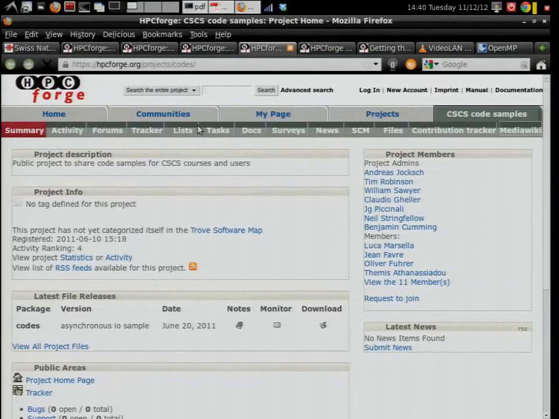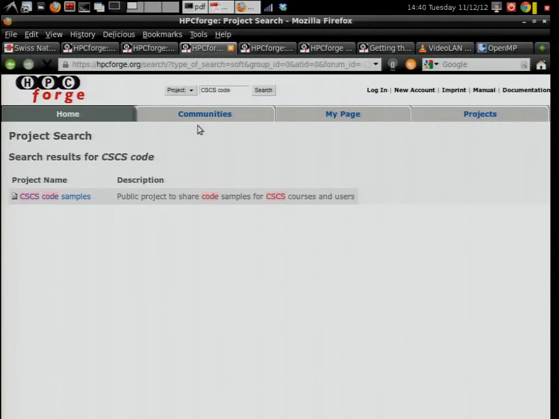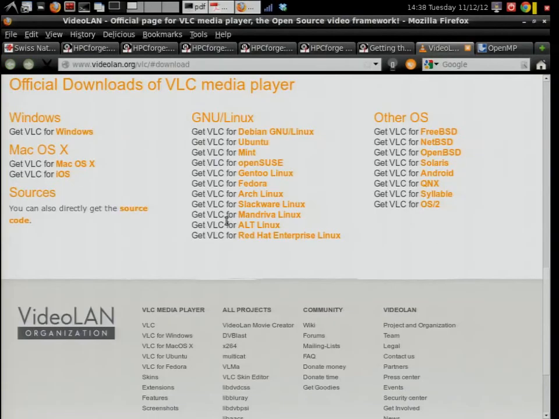If you click here, but if you don't have any movie viewer that supports the WebM format, then you should download VLC and install it. Otherwise, you won't be able to see the video.